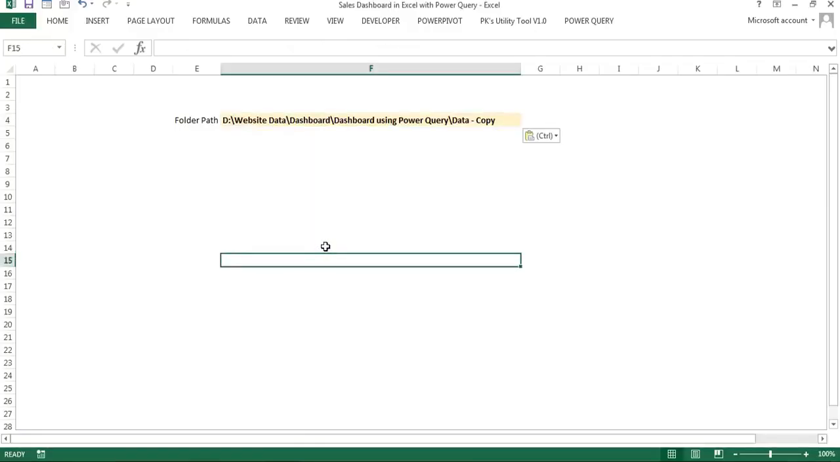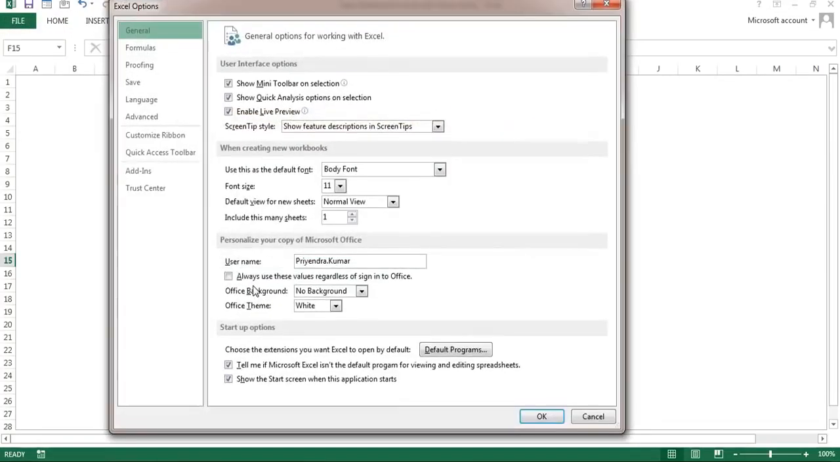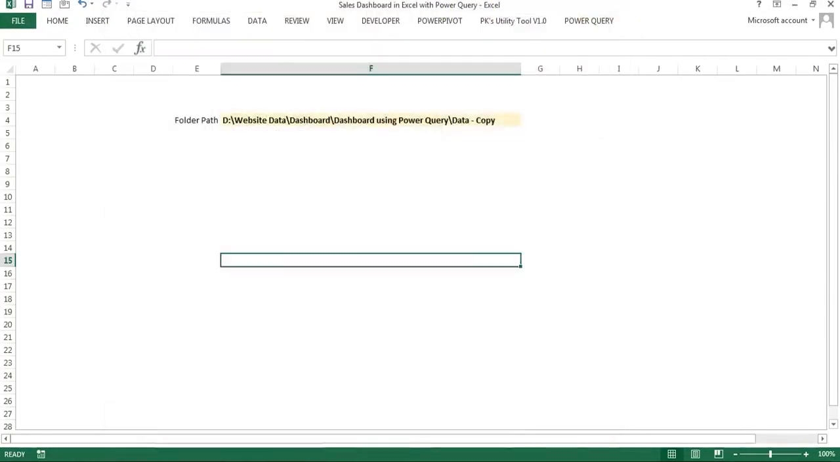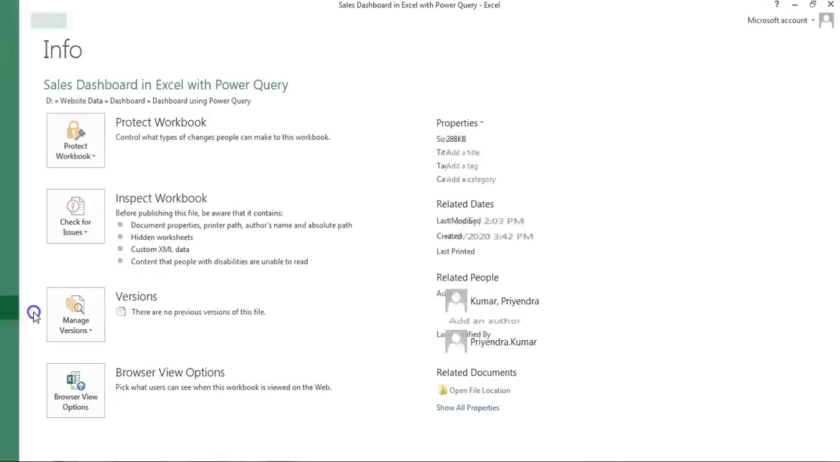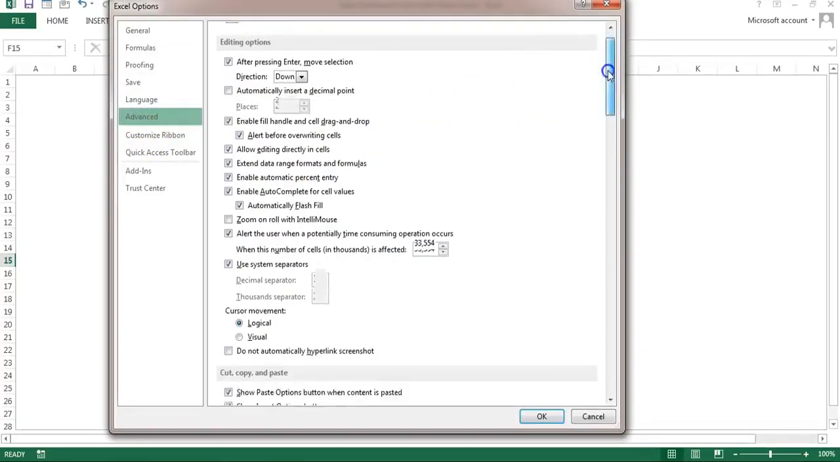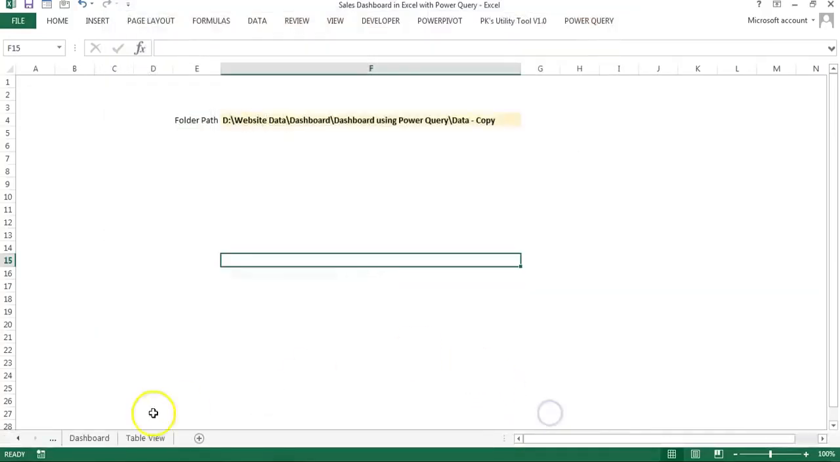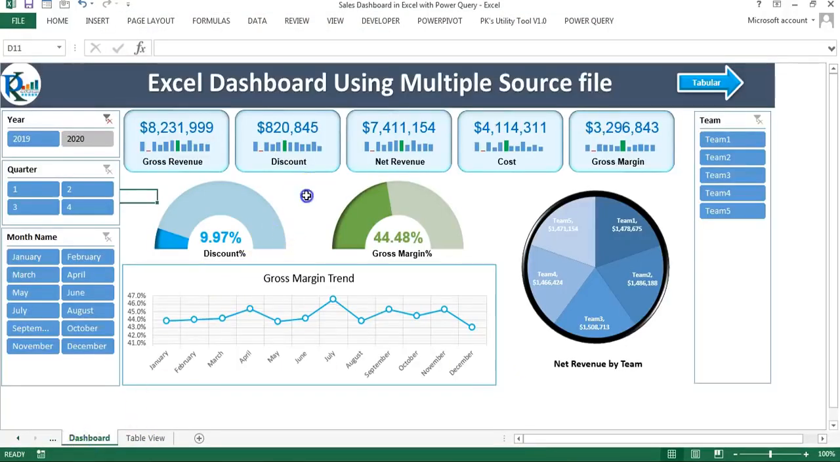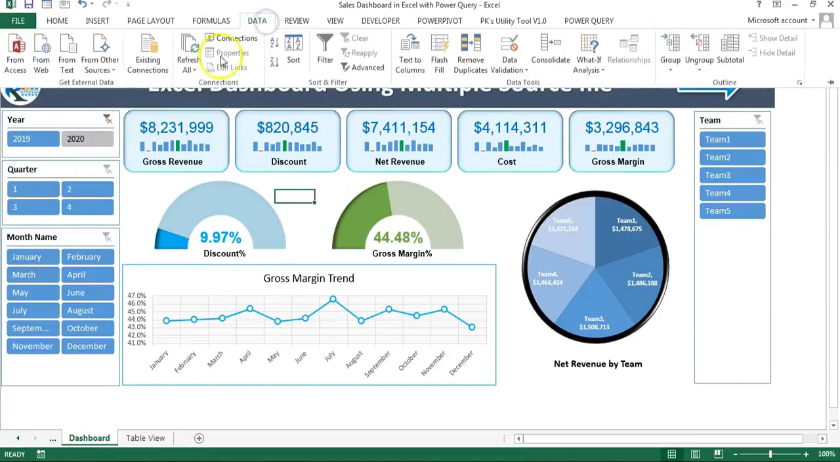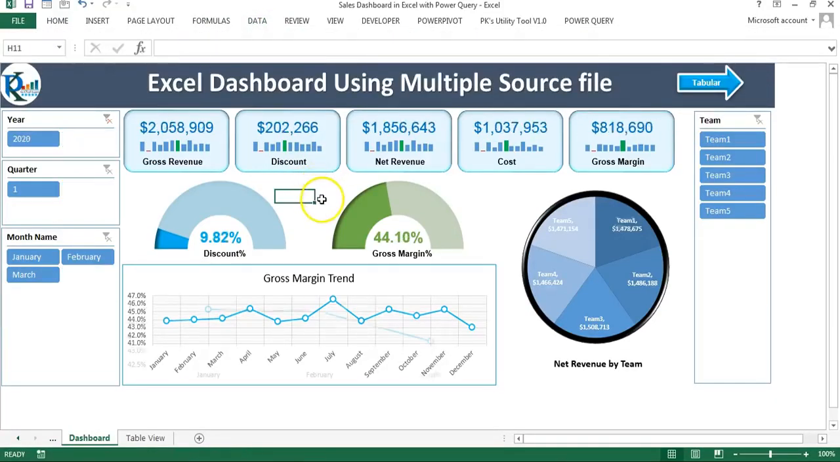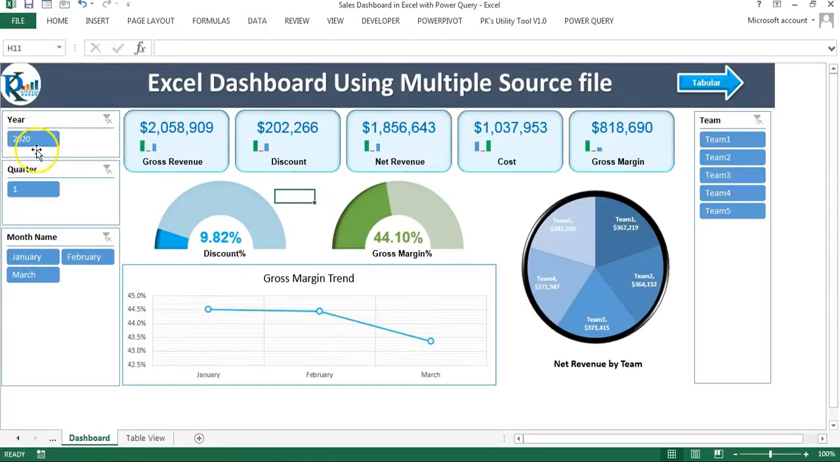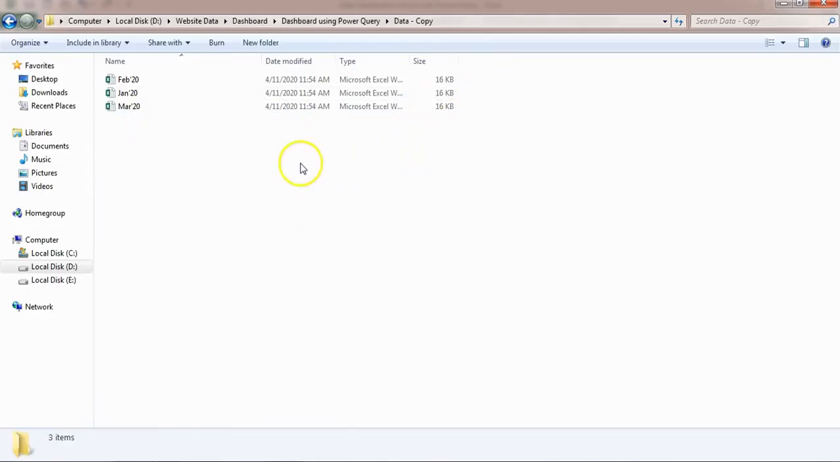Now I will come back to the dashboard sheet. So let me make the sheet visible first. I'll use Alt TO, or you can go to File, Excel Options, then go to Advanced, scroll down, and check Show sheet tabs, available under the display options for this workbook. Alright, so we have the dashboard here. Now if I go to the Data tab and click on Refresh All, then you can see we have only 2020 data, because now the entire dashboard has been connected with this folder, and in this folder we have only